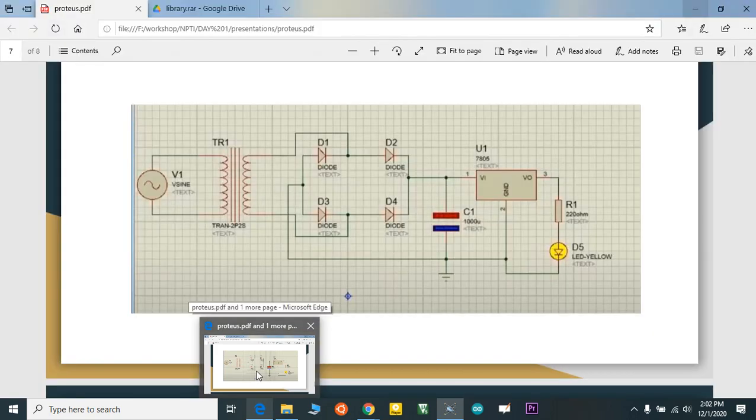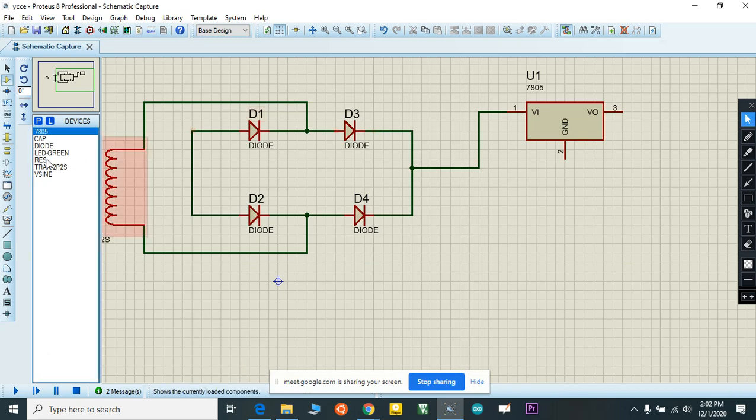Then capacitor for removing ripples, ground, LED. Resistor, I just rotate my resistor and add it here.